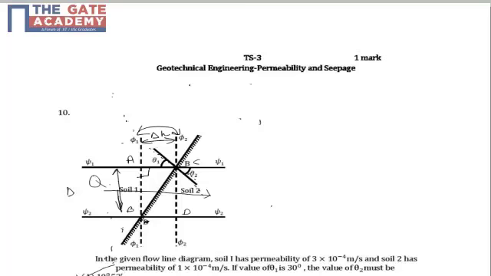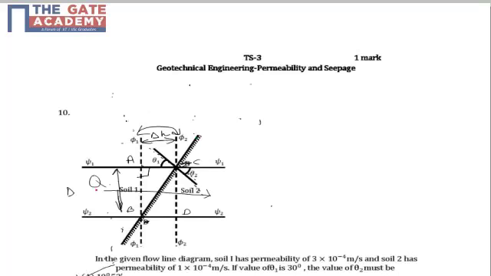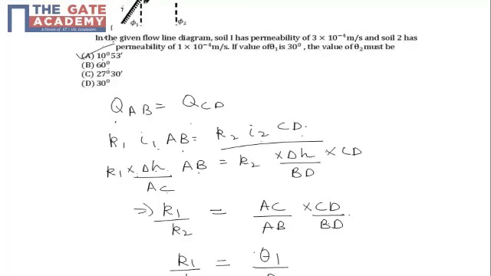So I1 will be given by delta h upon the length over which this fall has taken place. In our case, I have marked this as ABCD. So delta h is the change of head in traveling the length of AC. So delta h upon AC will be the value of I1 into AB. Similarly, for the other side, applying the equation of continuity for flow through soil 1 and soil 2, it will be K2 into I2 into CD. So K2 into delta h upon BD into CD can be written as K1 upon K2 equal to AC upon AB into CD upon BD.